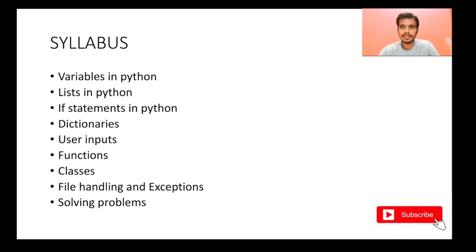So the problem can be: print the multiplication table of any number, or tell me from 1 to n how many numbers are prime numbers, let's say. So these are all very simple programs. I will code for you first, and I will explain the logic, how I'm getting the logic and everything, and then I will ask you to practice around 20-30 problems on your own.